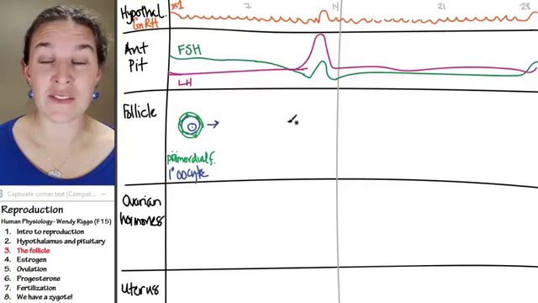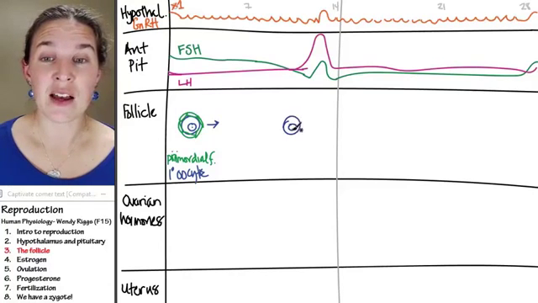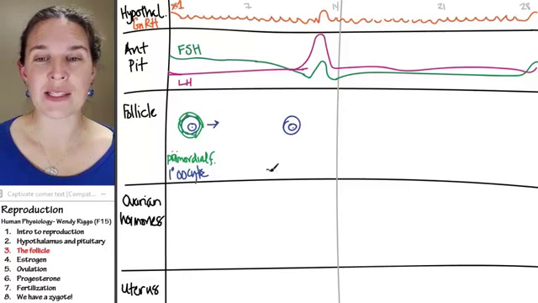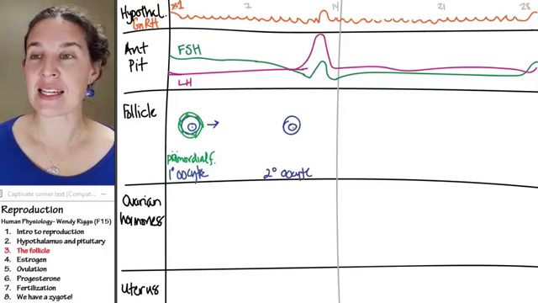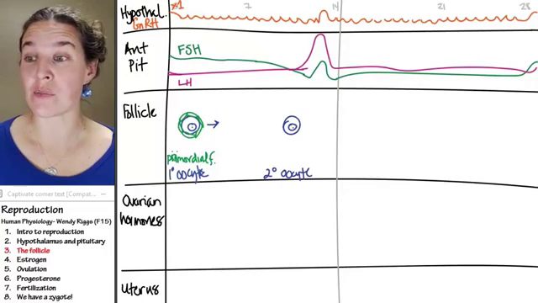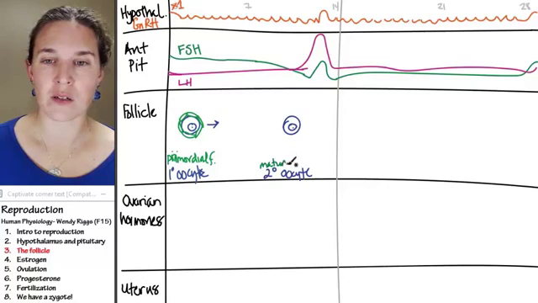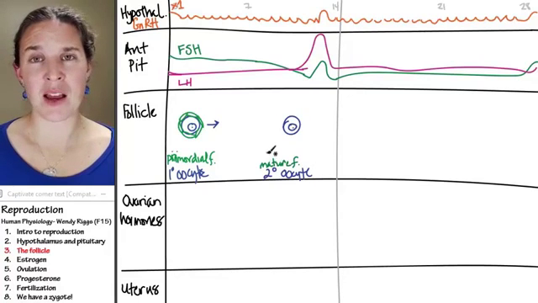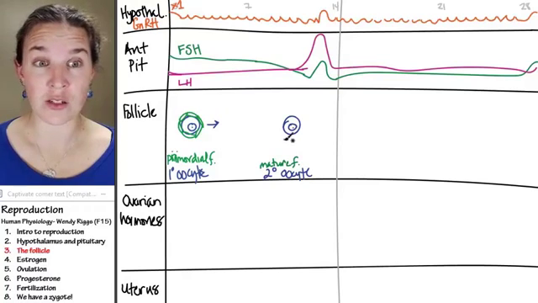Inside my follicle, even after 14 days, I'm still going to have an oocyte of some flavor, but now it's actually a secondary oocyte, and it's sitting inside a mature follicle. So I'm going to draw you a mature follicle. And I'm not even going to do it any semblance of justice because mature follicles are